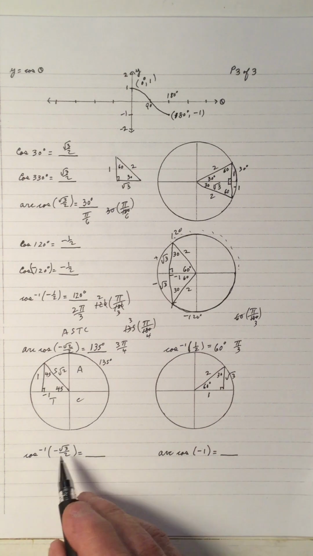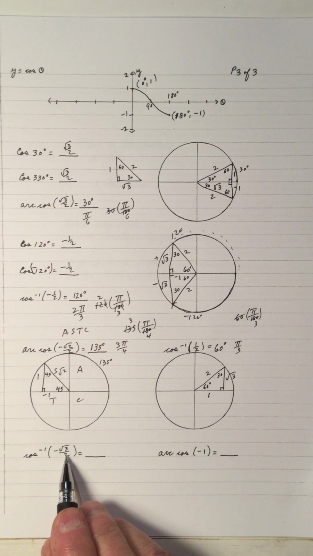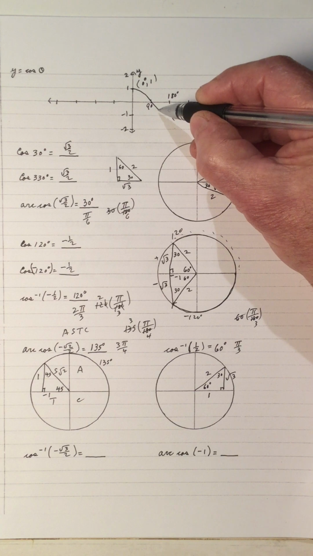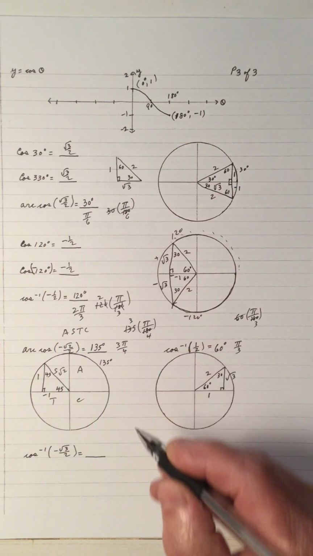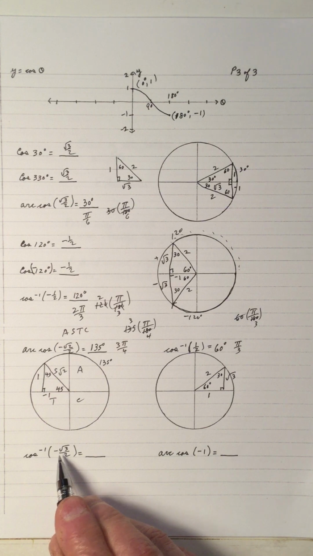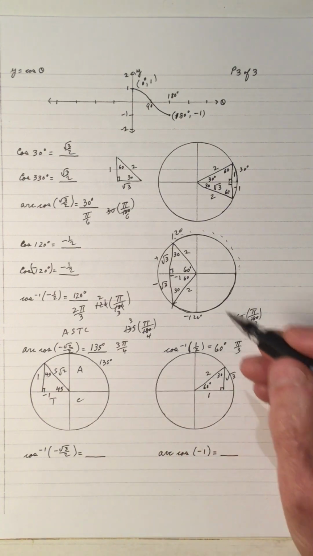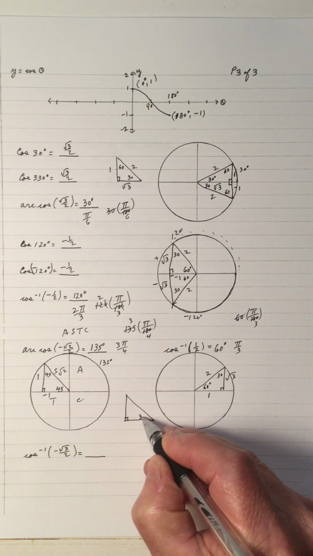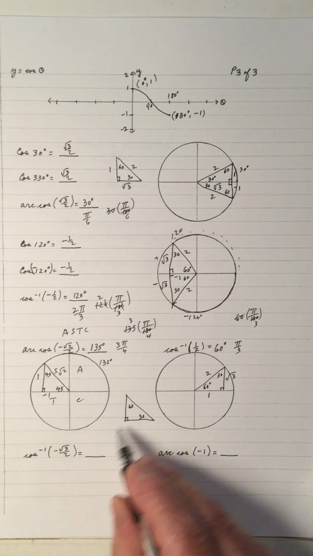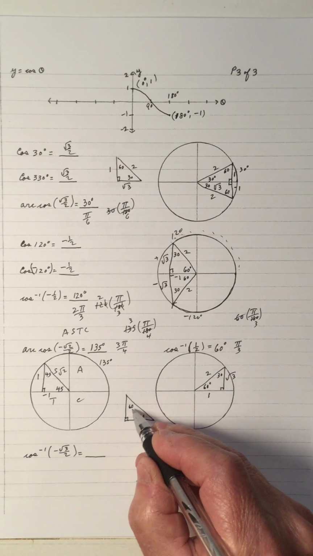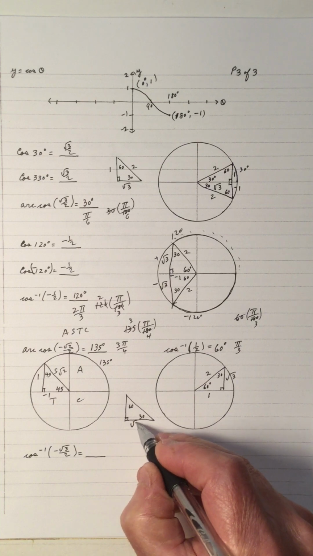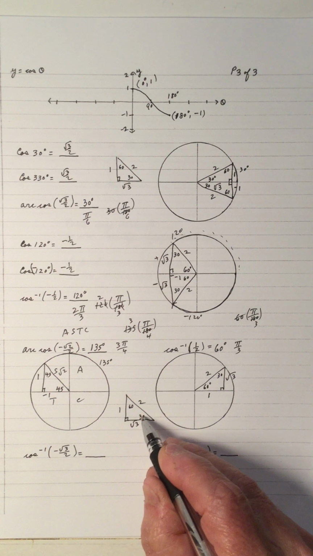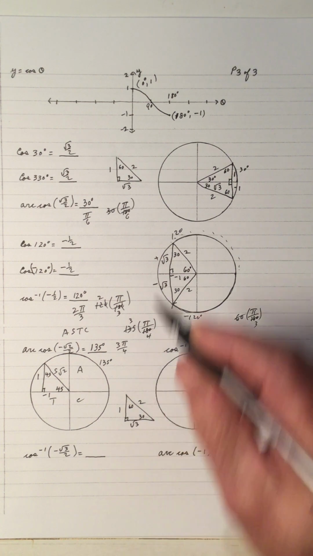And we also have the arc cos of a negative root 3 over 2. So a negative number is right here, so that means it has to be between 90 and 180. And the cos of what angle? It's a 30, 60, 90 right triangle. So if we look at the 30, 60, 90 right triangle here, the cos of what angle is root 3 over 2? If that's the root 3, and that's a 1, and that's a 2, then the cos of 30. So this is a 30-degree angle, but it has to be